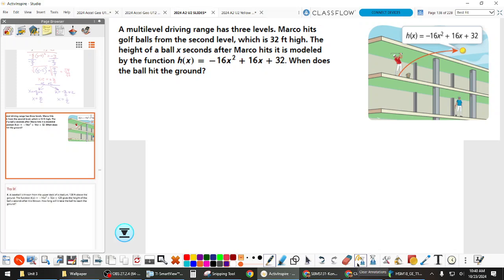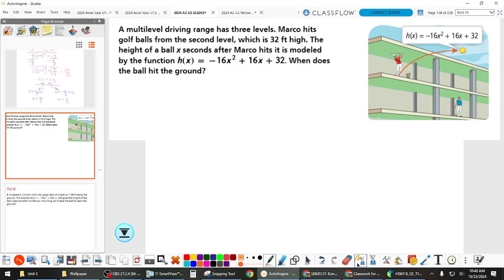Anybody ever been to a place like the picture? Like Top Shot, I think they call it, over in Denver? Top Golf. Top Shot is here. Was it fun? All right, well,